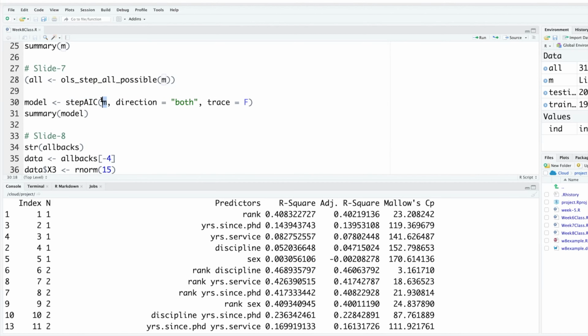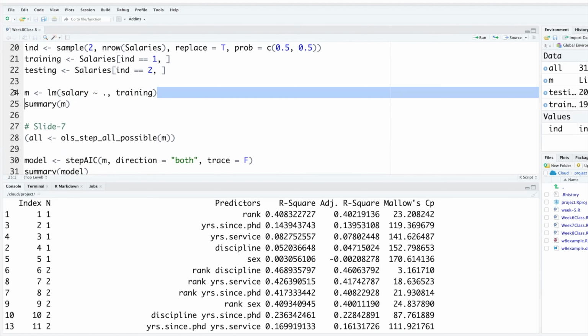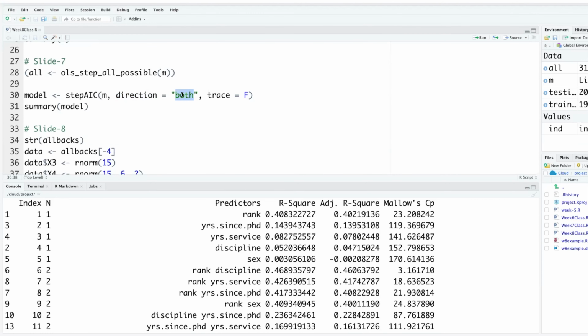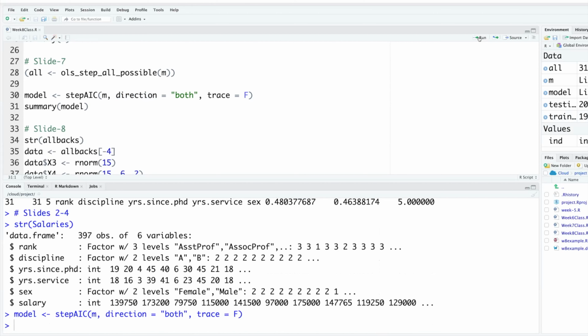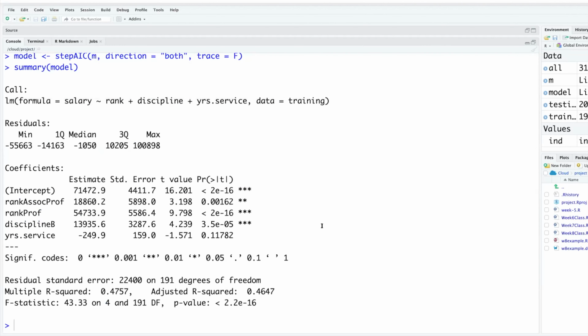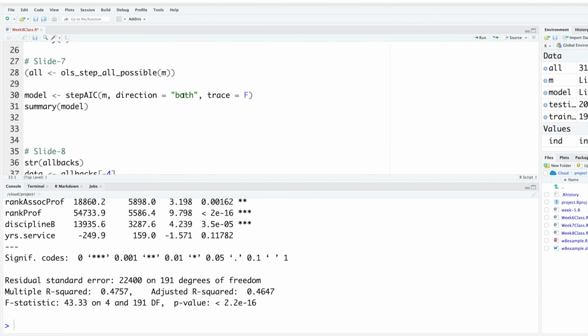M is our model that we created with our training data, and we are going to say direction as both, forward and backward. So run that and then run summary of the model. It will give you the best possible model based on AIC. So it will automatically remove those ones which did not do well. When you use the direction as forward, basically the algorithm will start with no predictors in the model.